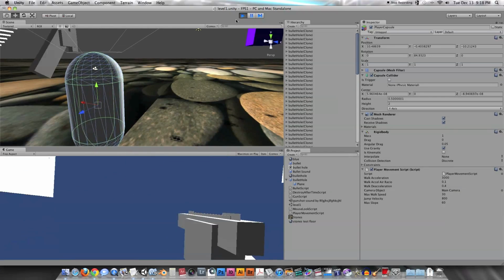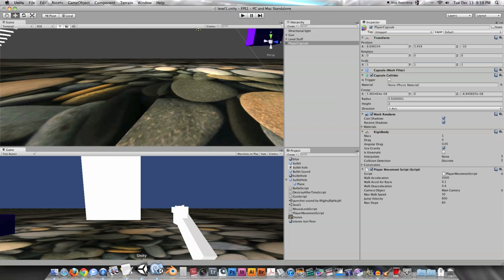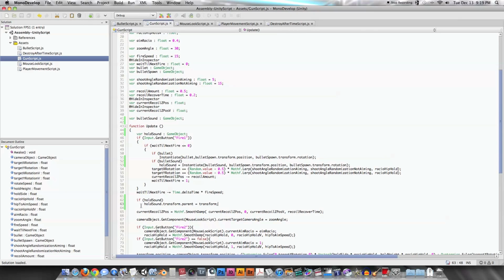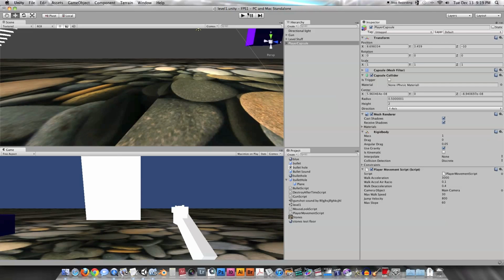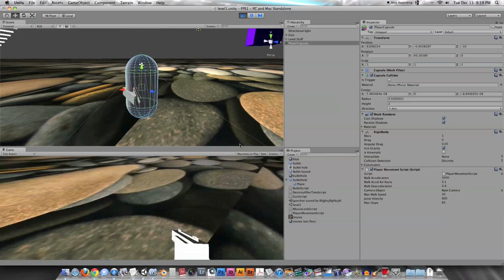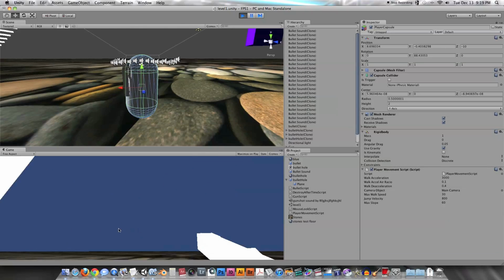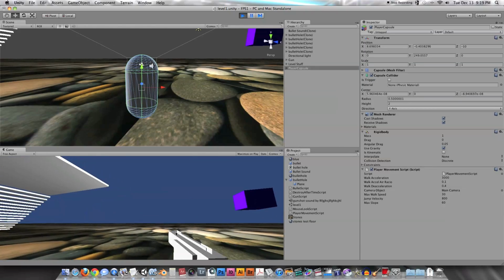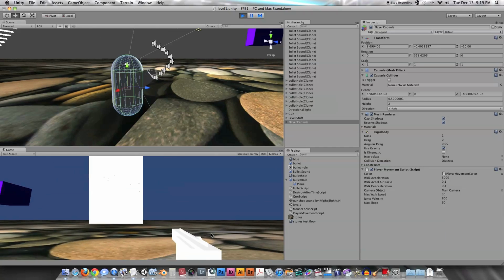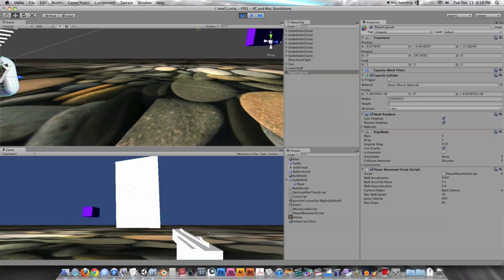So why don't I undo some of the stuff I just did and show you what happens when we don't do this line of code here, when we don't set the parent to be the gun. So I'm just going to comment out these 2 lines of code, so it's just not going to make it the parent. So watch now when I, let me move my mouse. There we go. So now when I shoot it, the bullet sound effects stay where they are. I don't know if you'll be able to hear this through the microphone, but if I shoot while running forward,